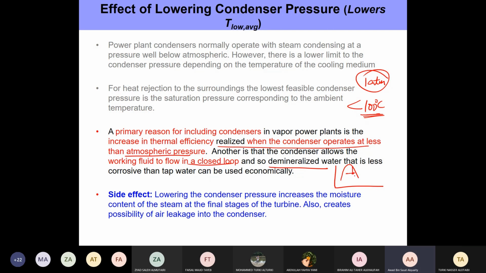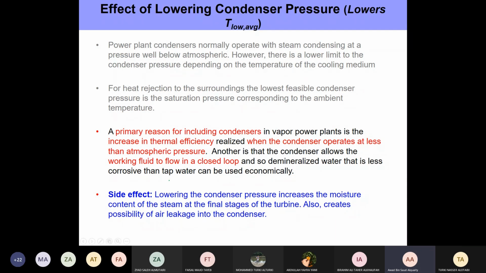This is the exit point towards the exit of the turbine. Now, if you reduce the pressure, we end up somewhere here, 2 dash. Now, the quality at 2 dash is smaller than the quality at 2. And this is again sort of a limitation. It limits how low you can go with the pressures, because as we have discussed before, steam turbine blades do not like moisture. Too much moisture can damage them.